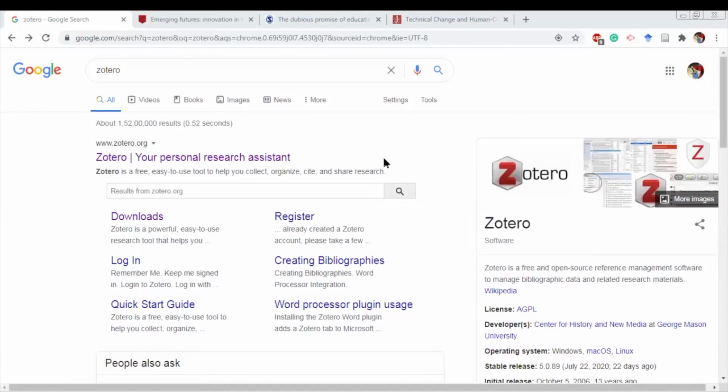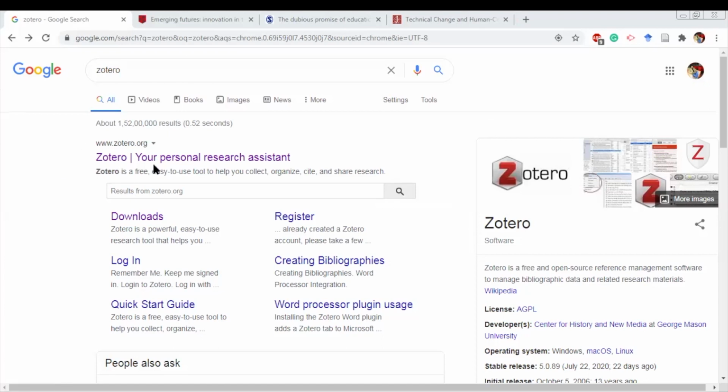Alright, so now I'm going to talk to you about one of the most important tools which you can use for your referencing. It is like your personal research assistant, in that you will have to do less work while you are doing any kind of referencing and citation work, which is actually very important. So how do you go about doing it?